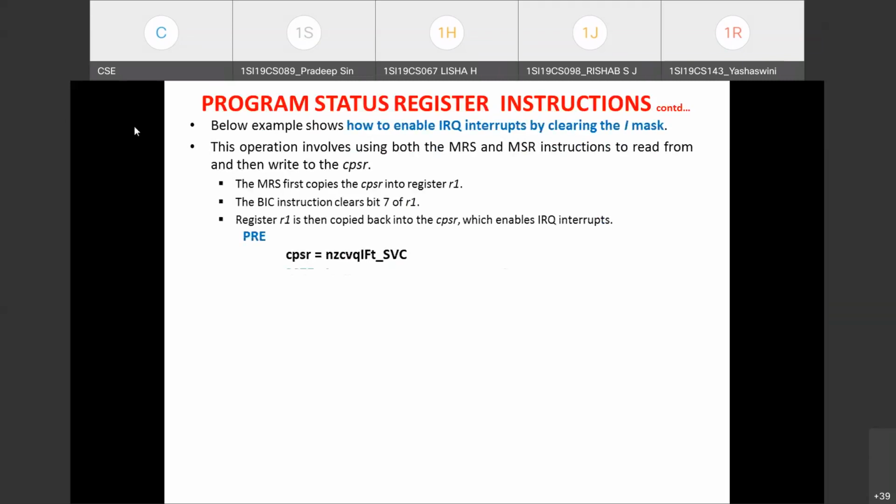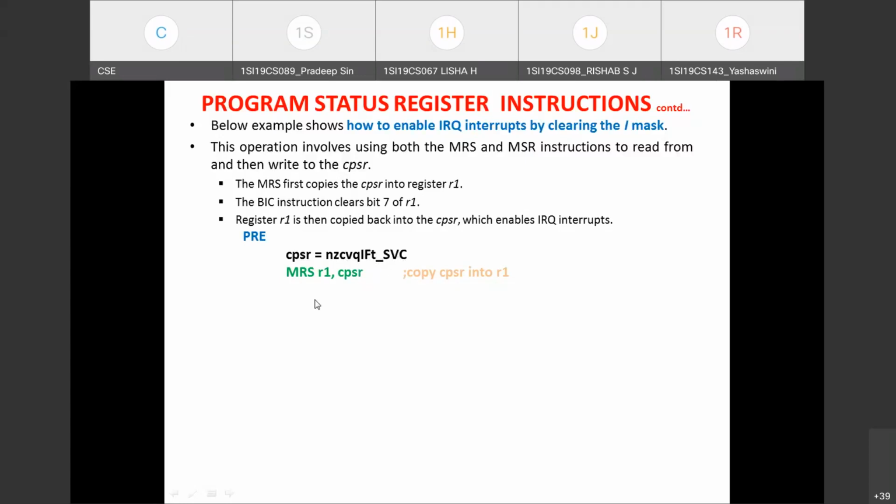Let's see what we are observing in the precondition. CPSR has the status flags NZCV, and all these flag statuses are 0. The Q flag is 0. Just see I and F. IRQ and FIQ interrupts are disabled here. Capital I means that bit status is 1. Similarly, the FIQ interrupt is also disabled here. What we are trying to do is enable the IRQ interrupt. Then T underscore SVC. So this is the status in the CPSR register in the precondition. This is what we have taken.